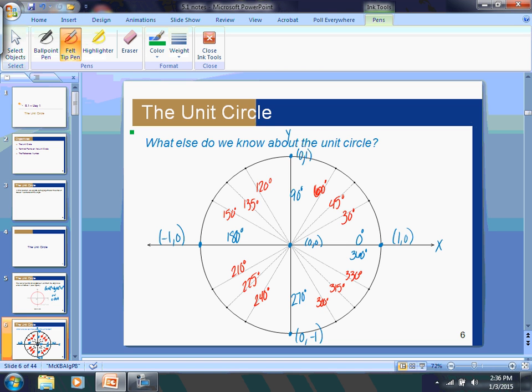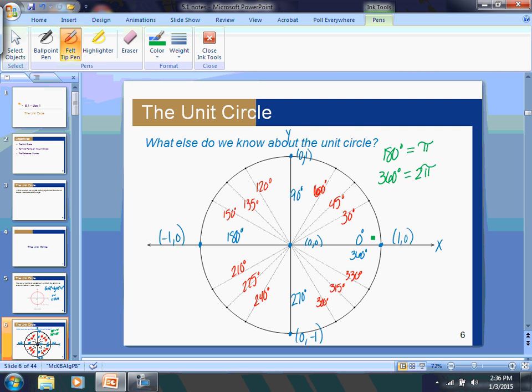Now, the unit circle also gets divided up into radians, and we talk about that in a couple of the slides coming up in the future. But hopefully you remember that if you go 180 degrees around the circle or 360 degrees around the circle, 180 degrees around is equal to pi radians. And then 360 degrees around, that's going to be equal to 2 pi radians. So for our radian measurements,